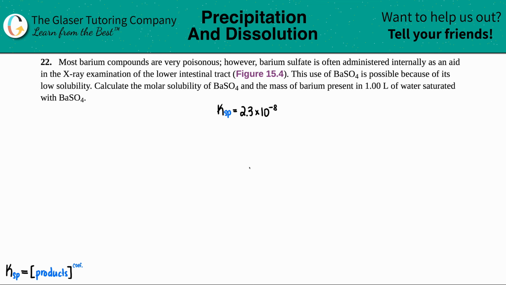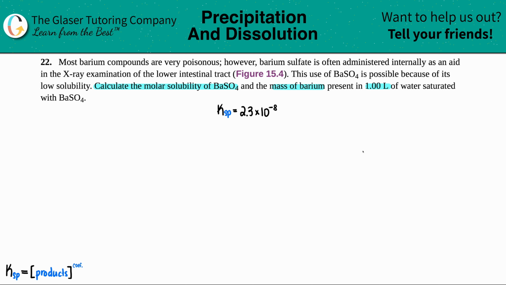Number 22. Most barium compounds are very poisonous. However, barium sulfate is often administered internally as an aid in the X-ray examination of the lower intestinal tract. I will save you the visual, which is figure 15.4. This use of barium sulfate, BaSO4, is possible because of its low solubility. Calculate the molar solubility of barium sulfate and the mass of barium present in 1.00 liters of water saturated with